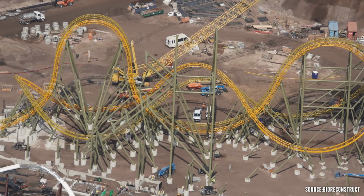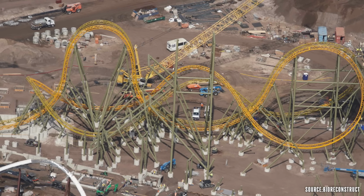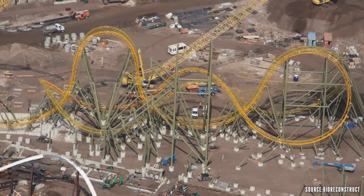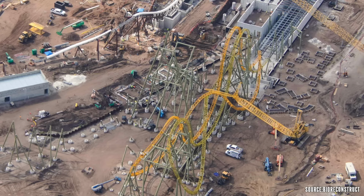Some people are even able to see it from public areas at ground level, and seeing how tall it is and how awesome it looks from ground level. Man, those photo opportunities and video opportunities are going to be great once the theme park opens up. And not to mention, judging by the height of this coaster, you're going to get some great views of the rest of Epic Universe. You obviously get a great view of How to Train Your Dragon right next to you,